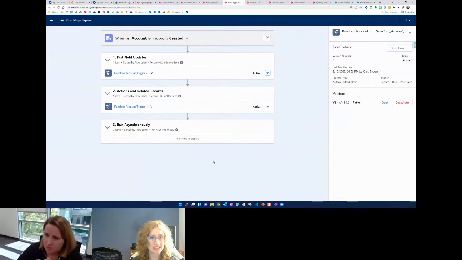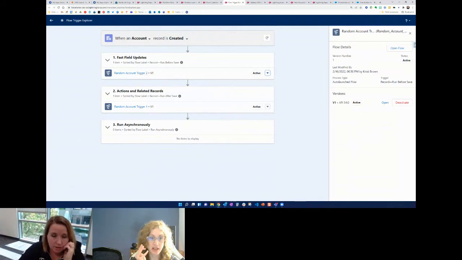So if you had process builders, which are also technically flows, I don't think those would show here. But since they're pushing everyone into flow anyways, eventually when all your stuff is in flow, you would be able to see the full life cycle of your triggers here. It would be cool if for the time being it had the workflow rules and the process builders in there, because